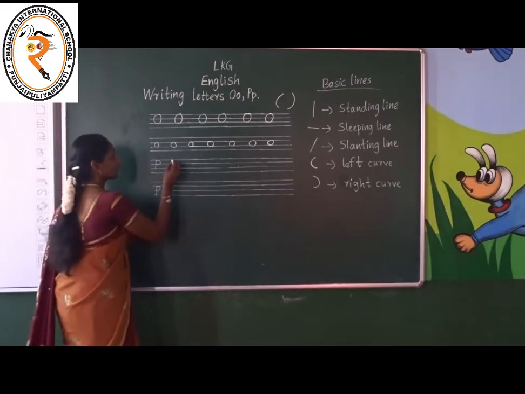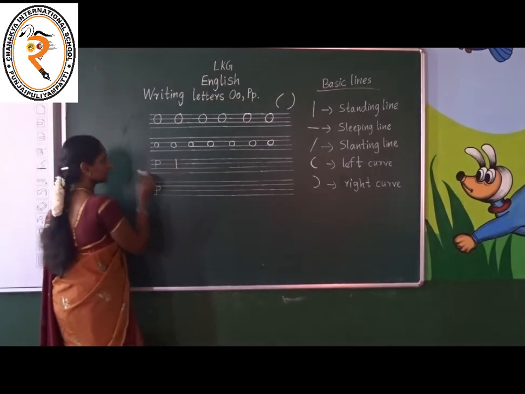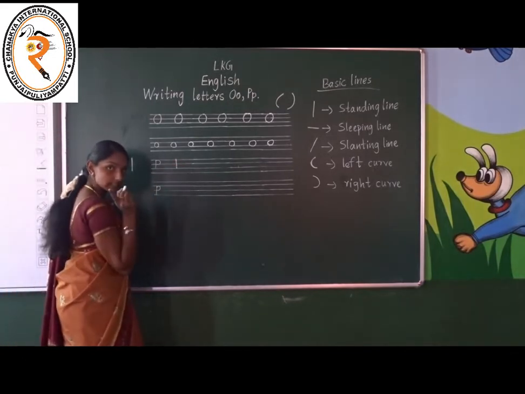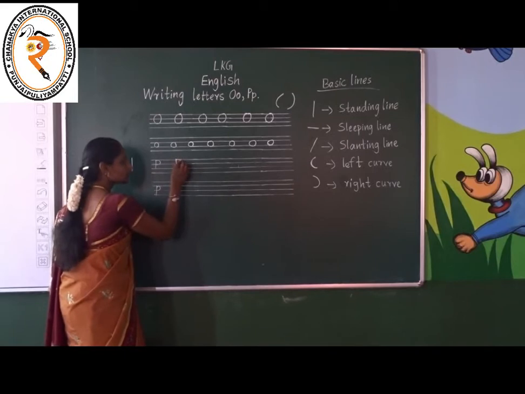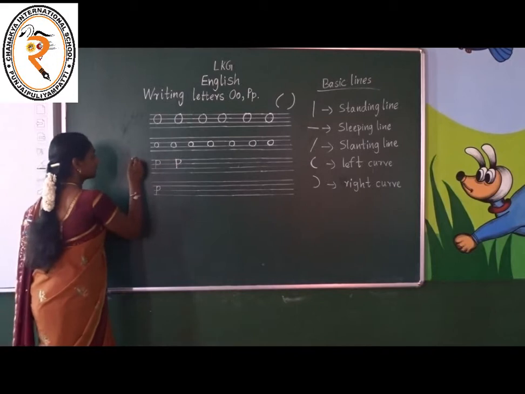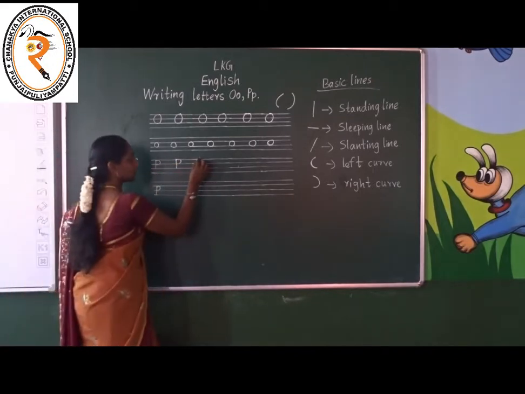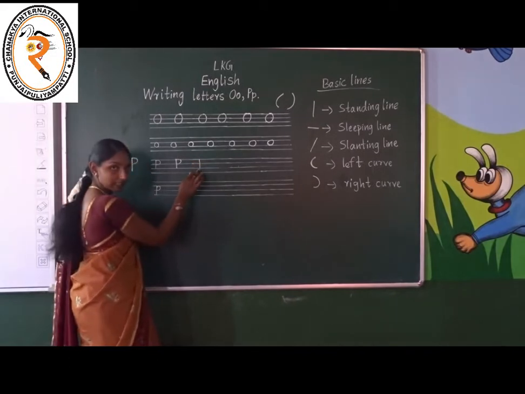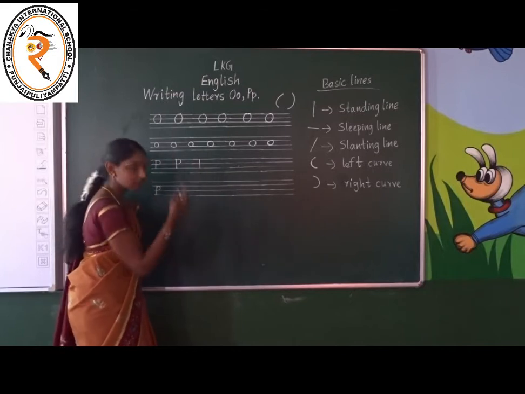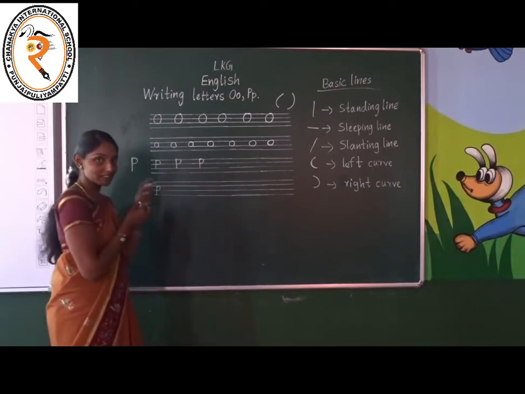Okay. Very good. First start from the first line. Put a standing line. What is this? Standing line from first to 3rd line. Okay, is it clear? Next, put a right curve like this. What is this? Right curve like this. Right curve from first to 2nd. What is this? Letter P. Okay, write with me. Put a standing line first to 3rd line. Next, what do we have to do? One curve, just a curve, right curve. Very easy now, children. This is very easy.